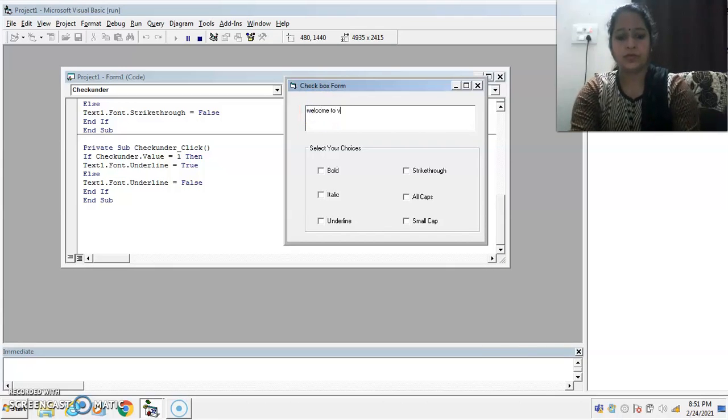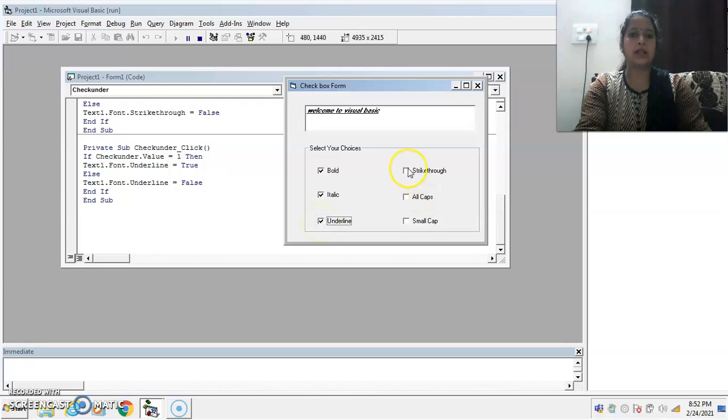Now select the first checkbox control, bold. Our text changes to bold as you see on the screen. Now select the next checkbox control, italic. After that, underline, strike through, all caps, small caps.